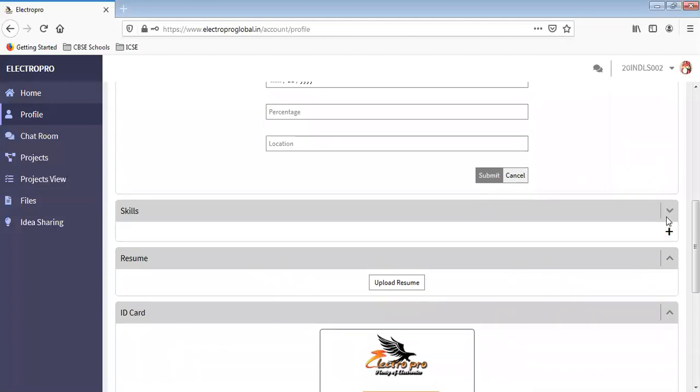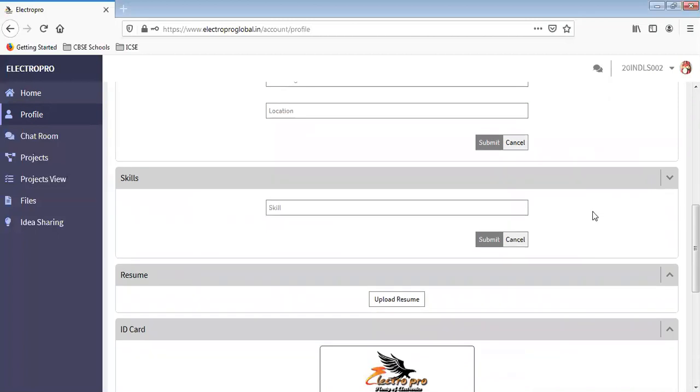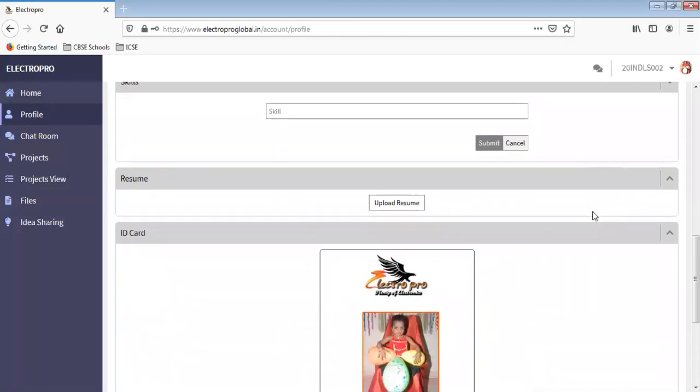Skills: any kind of skill you have. Like you already did a robotics level one or level two course, or some other technical course, or you have a skill in C, C++, Python, whatever it is. You can upgrade it. This is like creating your profile, and you can showcase it to any interview also. Because it's a technology platform, you are going to create a profile here. So you need to upload your resume, or any file or document about yourself and your achievements, here.